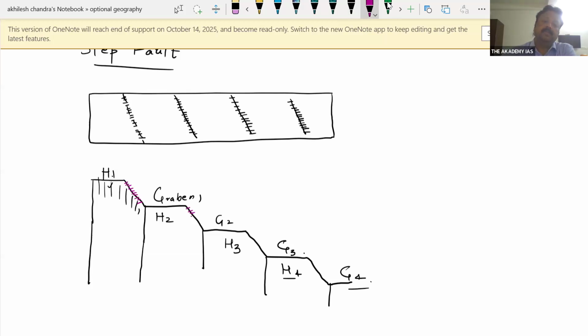And such kind of horst and graben results in the formation of a ramp valley. So in this case, we call it a ramp valley. So it's not a rift valley, rather collectively it is called a ramp valley. Okay. When a series of normal faults are there, we happen to have this ramp valley. So for example, if you see the